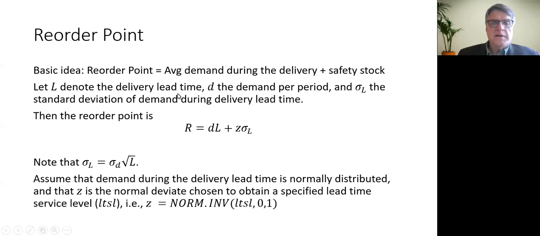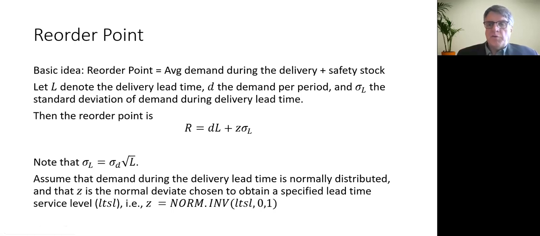All right, so letting L denote the delivery lead time, D the demand rate per period, let's say per day, and sigma sub L the standard deviation of demand during the delivery lead time, we're able to specify the optimal reorder point. And it is D times L. This is the average demand during delivery. So the length of the delivery period is L, and D is just the demand on each of those days or periods. And then the safety stock is a certain number of standard deviations that gets added to that